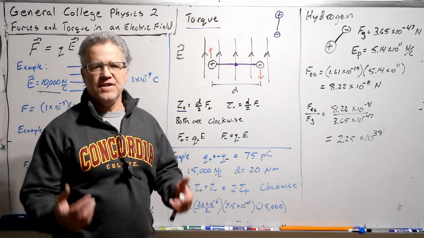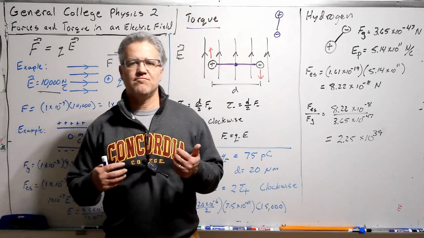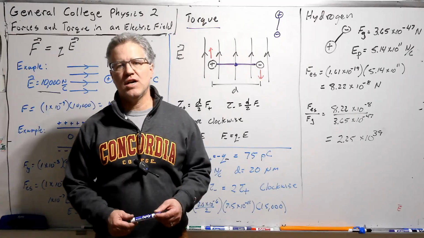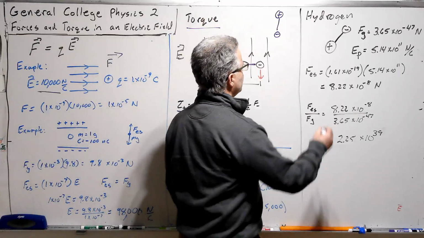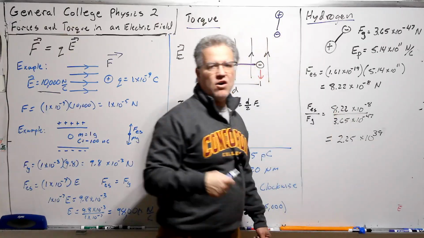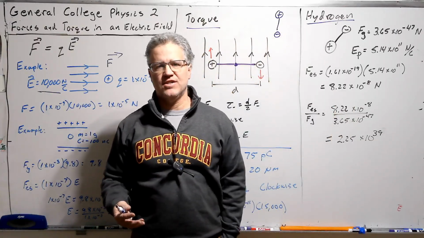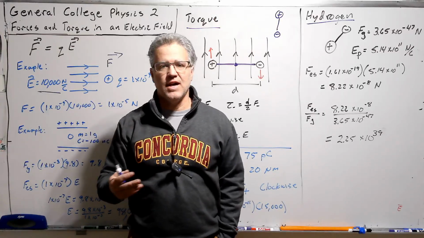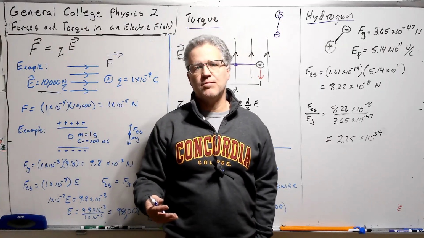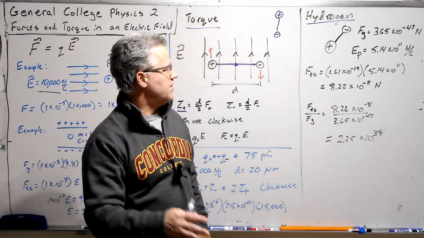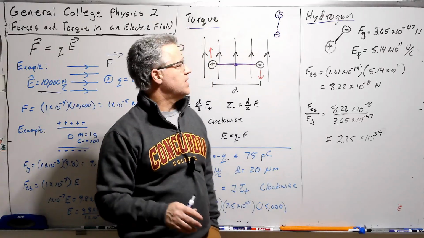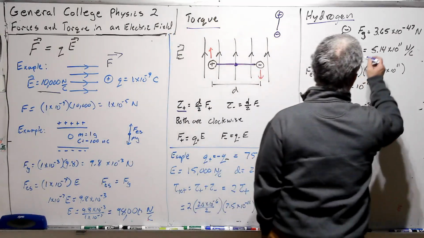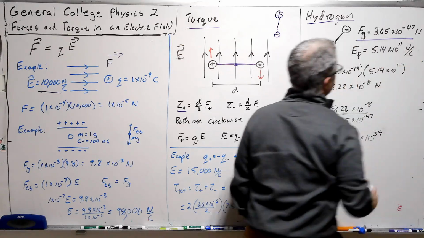All right, and let's just finish now with asking the question about hydrogen. So hydrogen, of course, is made up of a proton and an electron. And the question might be, do we have to worry at all about the gravitational attraction between the electron and the proton? Is that important at all? So let's actually put some numbers in. I'll give you some numbers, but we'll do a little bit of calculation here. So the force due to gravity,